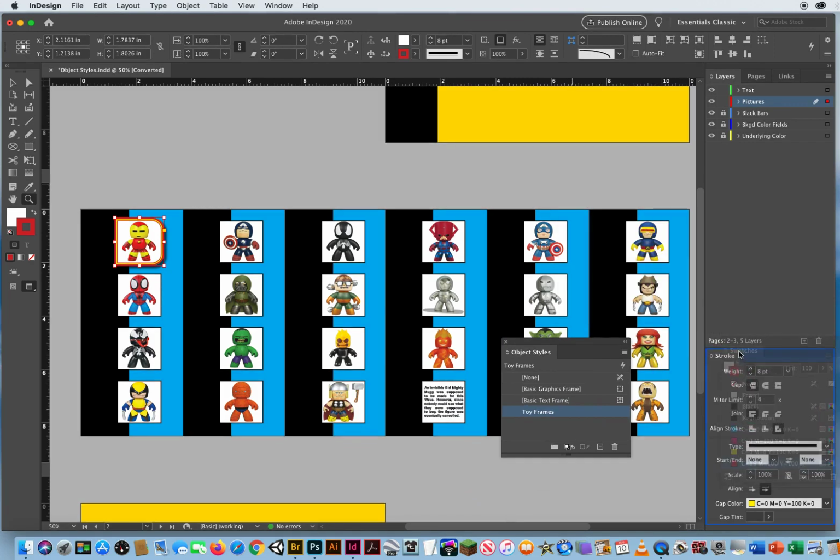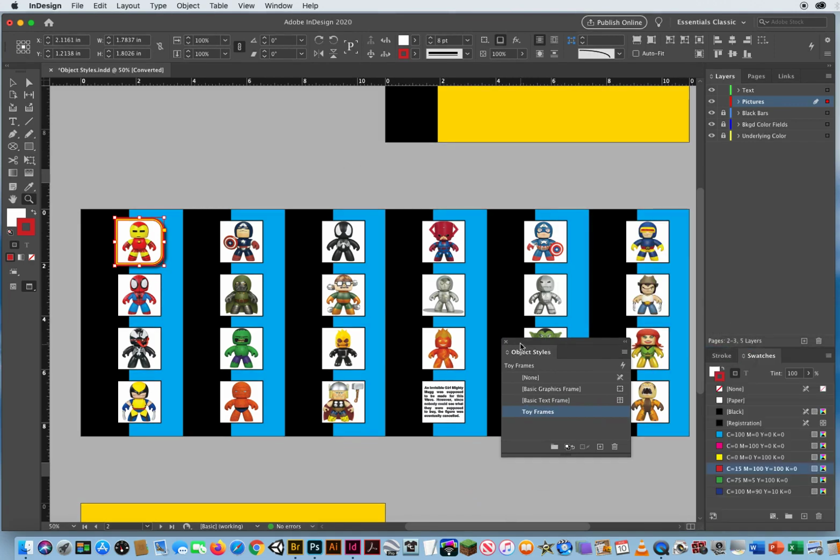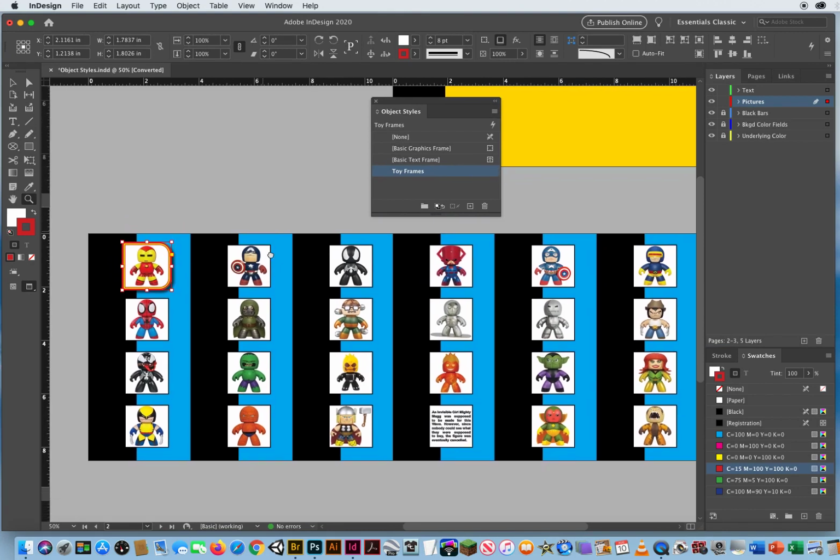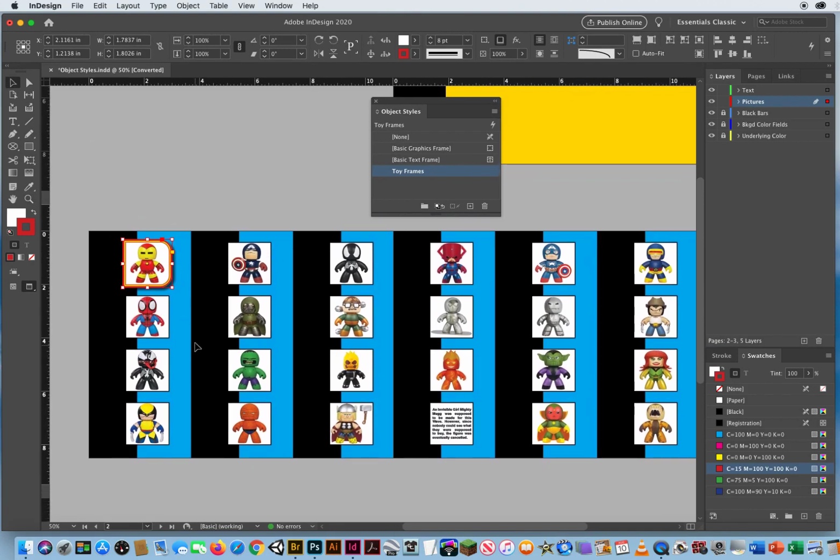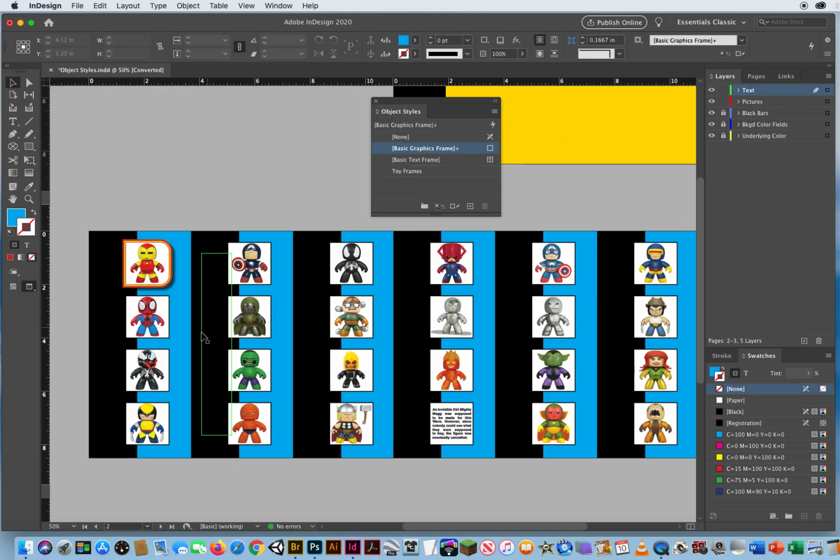Let me put these panels back. I'll just put my styles up here. And now if I click and drag with my black arrow, notice I have a text frame right there, so we don't want to hit that yet. Okay, I'm going to start on the blue. If you look at my layers, my blue underlying color has been locked. My background color fields have been locked. My black bars have been locked, but not my pictures and not my text. Okay, we're going to deal with text in a minute. I'm going to start on the